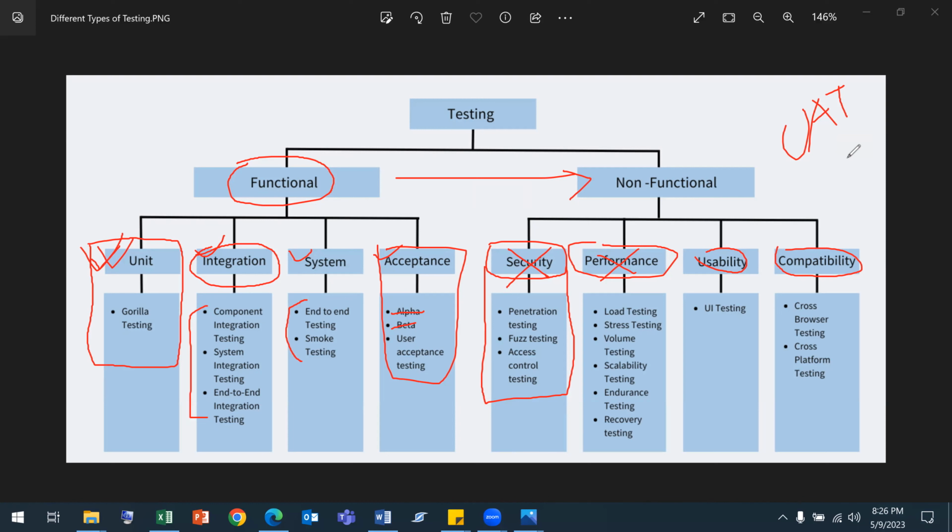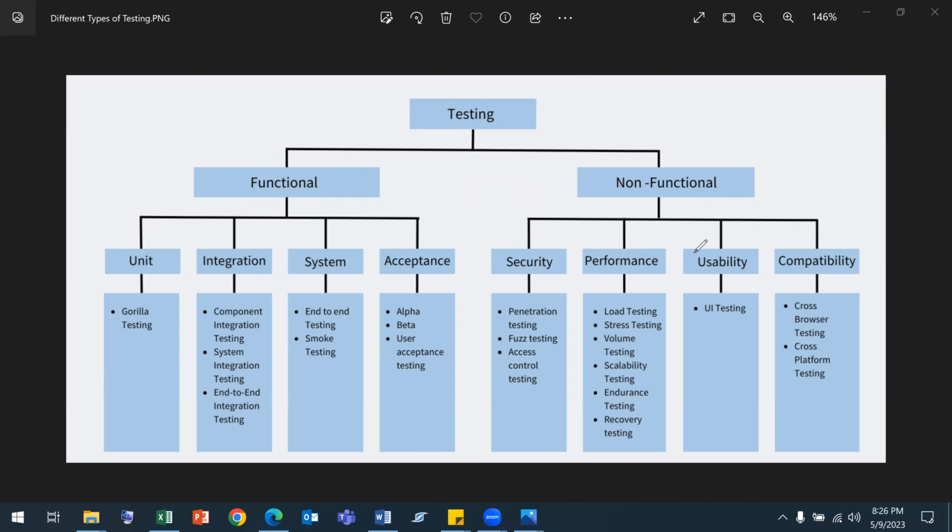Or when you apply for positions in the market, you can see some positions saying they are looking for a user acceptance tester. At that time, you need to perform this type of testing. We're going to go through each and every type of testing in depth. But before that,